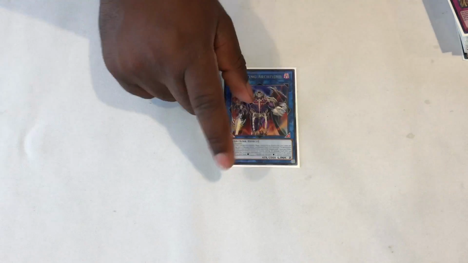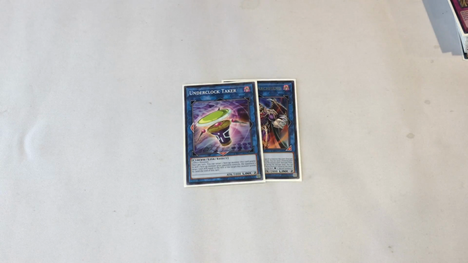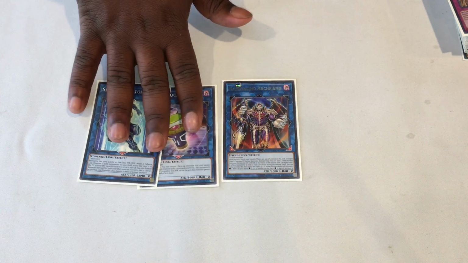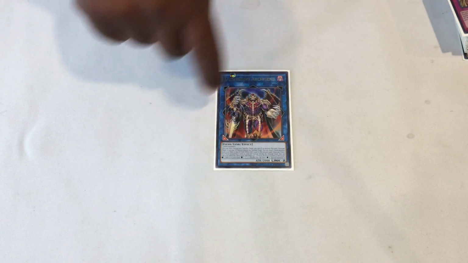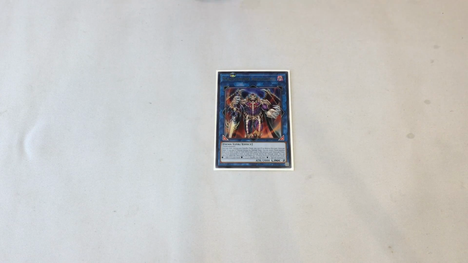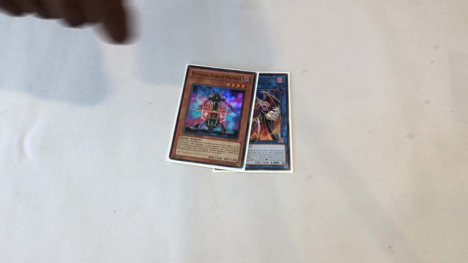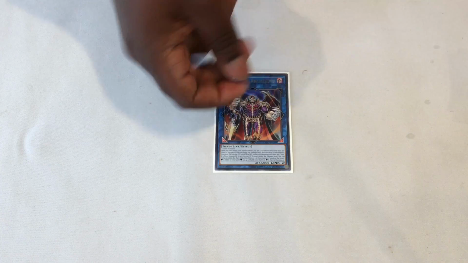Next, for the extra deck, we play 1 Master King Archfiend, 1 Underclock Taker, and 1 Space Insulator. These two are just generic links. Master King Archfiend is really important in this deck because it allows you to send Stygian Street Patrol. And Stygian Street Patrol allows you to special summon Lilith, Arima, and allows you to essentially cycle through cards. Also, it's a link too, so...